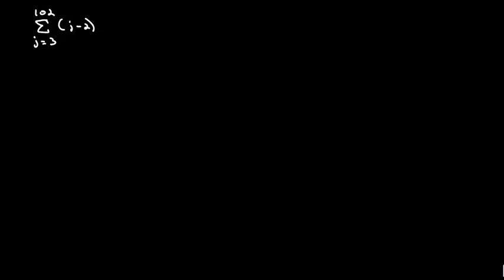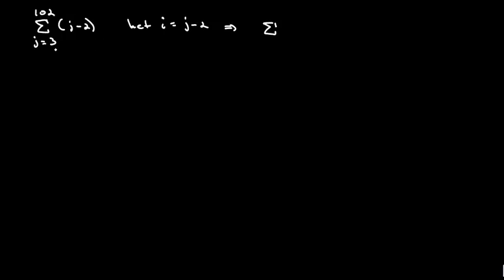This is example number 6. So there's two approaches to this. The first approach I think is a little bit easier than what the book does. And so what we can do for this is we can say, let's let I be equal to j minus 2. Well, if that's the case, if I is j minus 2, then that implies